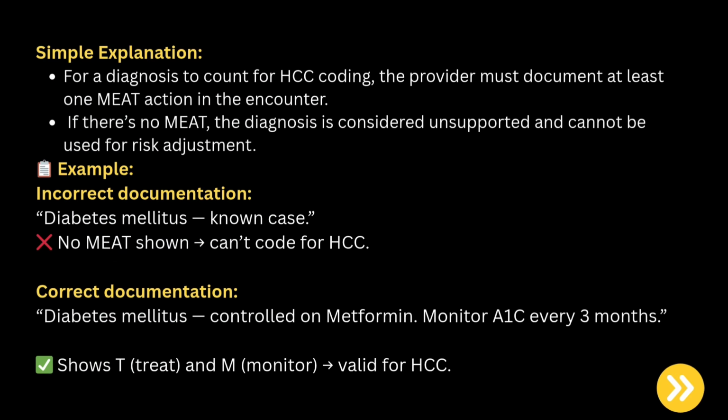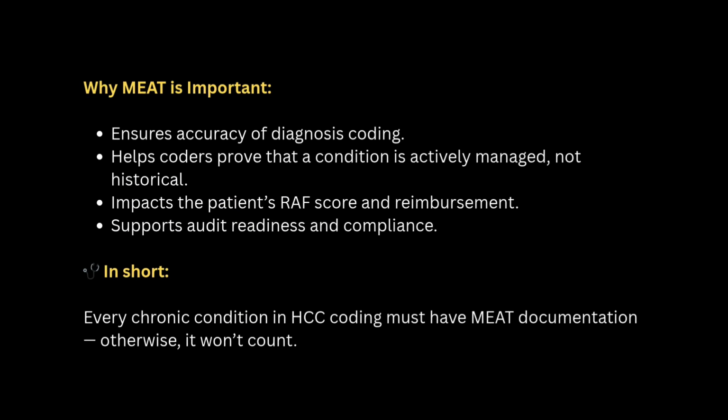Simple explanation: for a diagnosis to count for HCC coding, the provider must document at least one MEAT action in the encounter. If there is no MEAT, the diagnosis is considered unsupported and cannot be used for risk adjustment. Incorrect documentation example: diabetes mellitus, known case, no MEAT shown, can't code for HCC. Correct documentation: diabetes